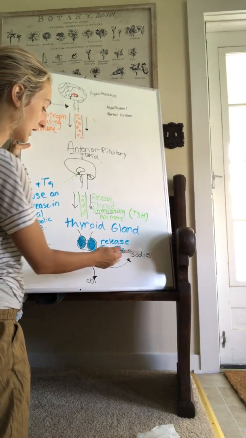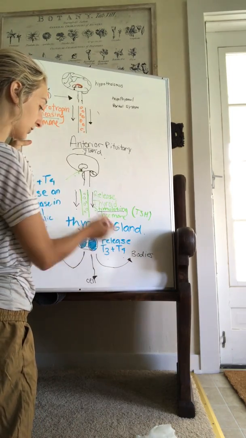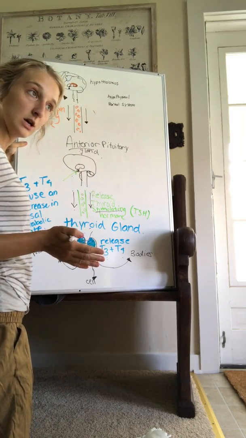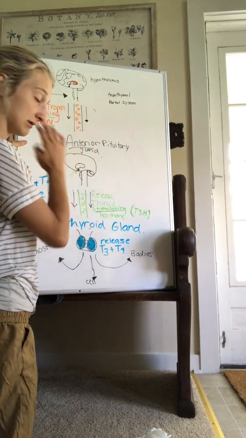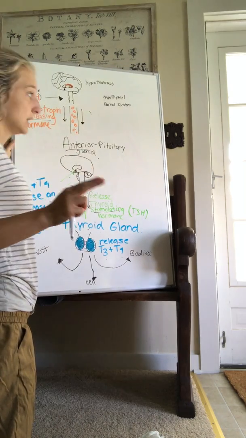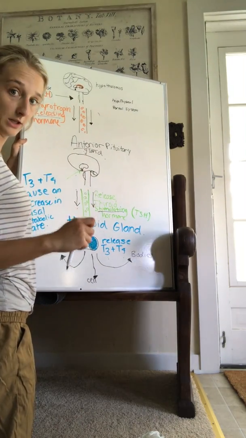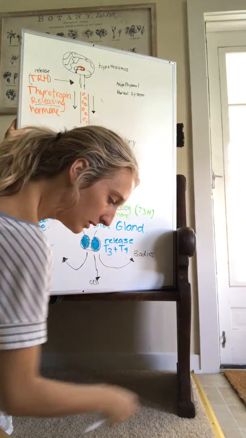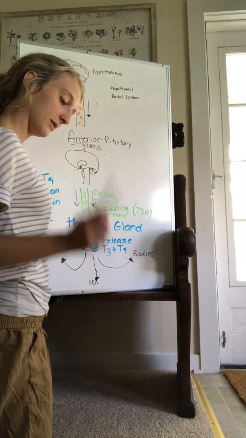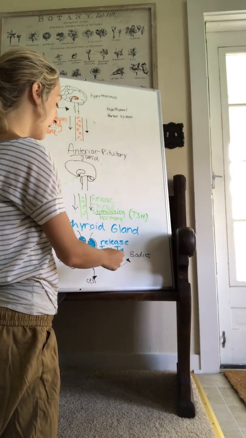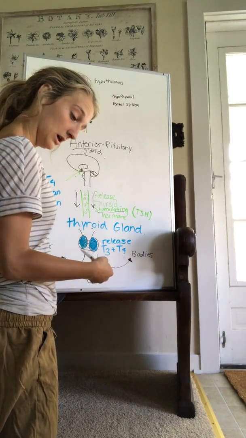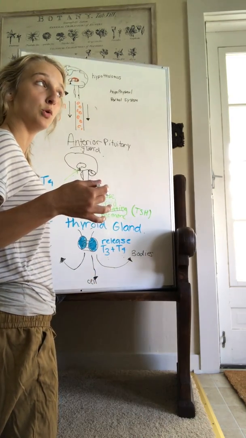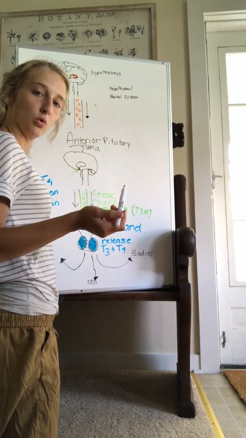it's going to release T3 and T4 from the thyroid gland. The thyroid gland produces 2 types of cells, the follicular and the parafollicular. No, my mistake. The follicular cells make T3 and T4. They're the ones that need iodine in order to be produced. And so that's going to help us understand people who have